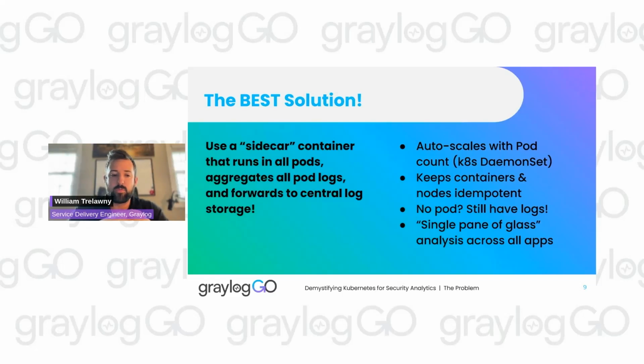The kind of Kubernetes object that does precisely this, that deploys a container that runs in all pods, is called a daemon set. So that functionality already exists. This helps keep your pods and nodes idempotent, which means that you can just crash one, spin one up, and the new node will have all the same things that the old one did because of the daemon